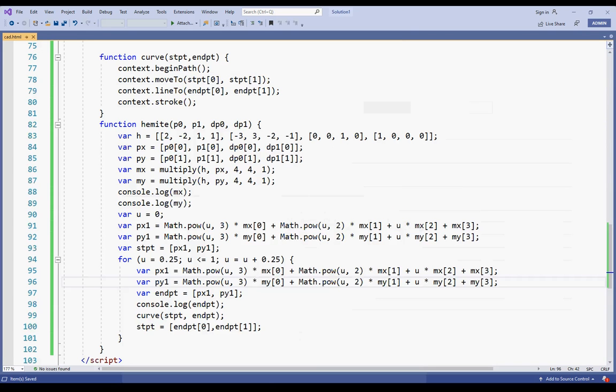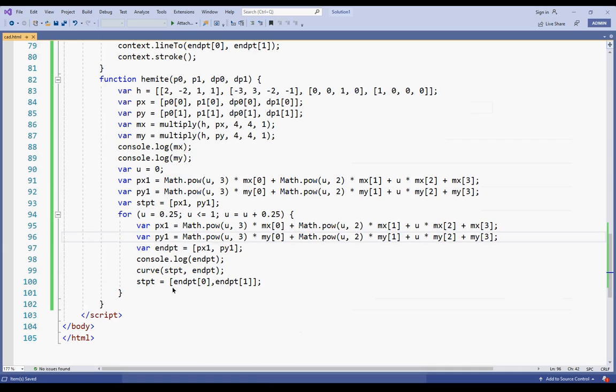Okay, so we just focus on this. The problem is here only. End point 0. So I draw the curve.